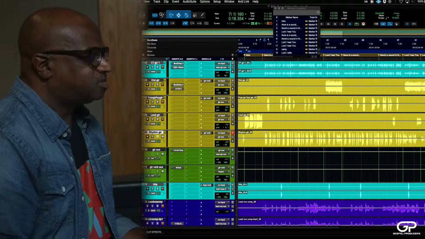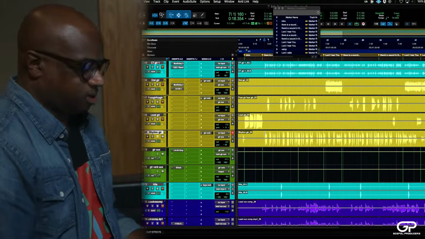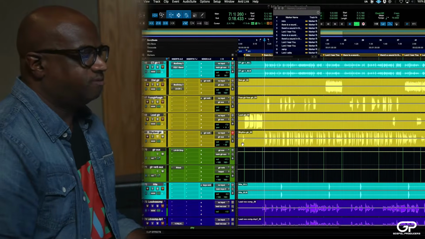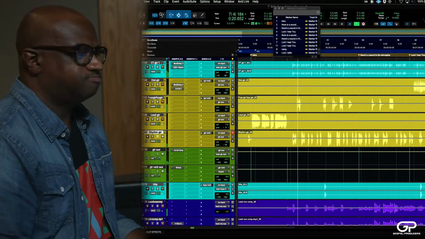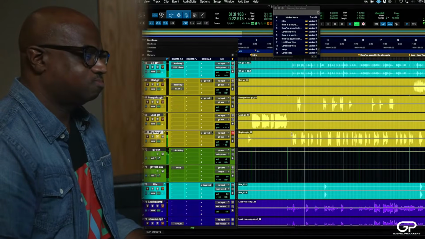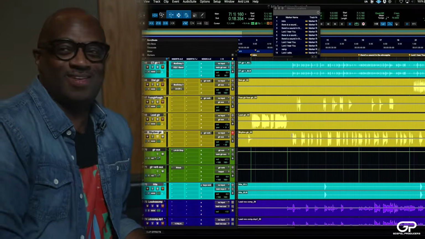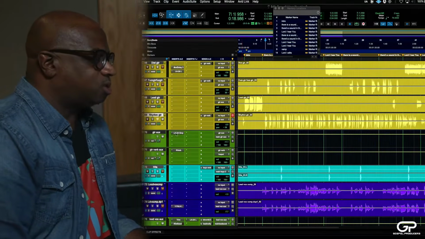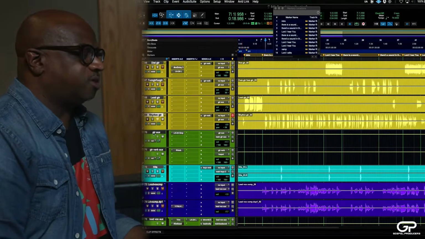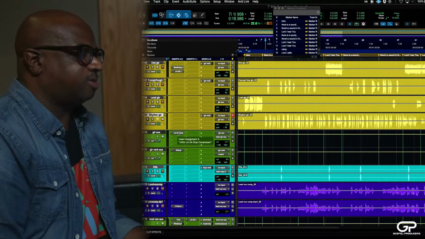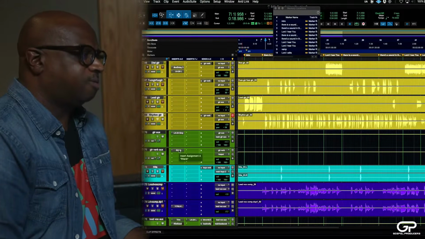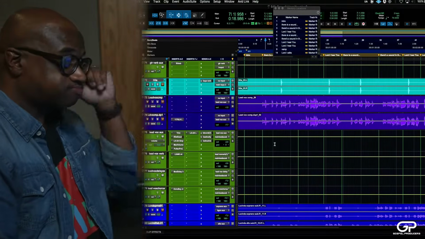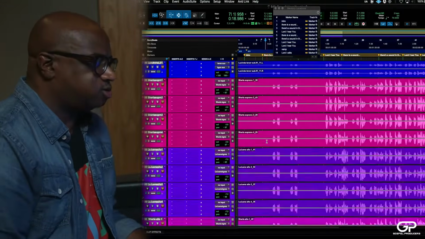Rhythm guitar, basically all I did was find its space and just panned it left. Creamy. And again, so on the bus itself, I just have some amounts of compression and reverb. So let's go down to